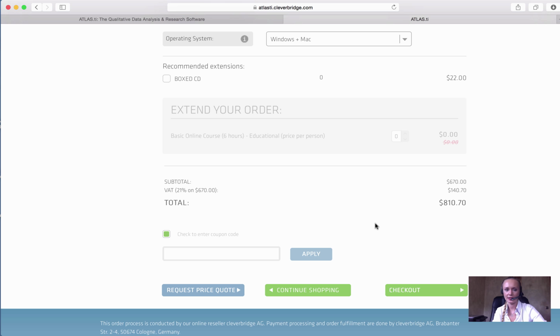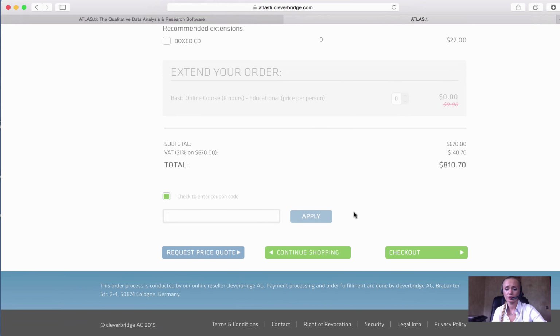Okay, once we decided that we want to buy one license, we have 2 options more. We can check out and finish with this procedure, or we can request a price quote. What does it mean? If I have to present to my department this proposal that I want to buy and they have to accept or not, so definitely this option could be very useful because I have 60 days once the price quote is done to decide if I want to buy or not. But I'm pretty clear I want to buy right now, so I just click on checkout